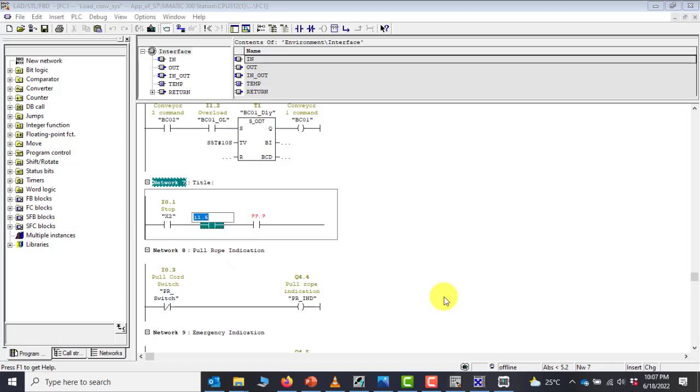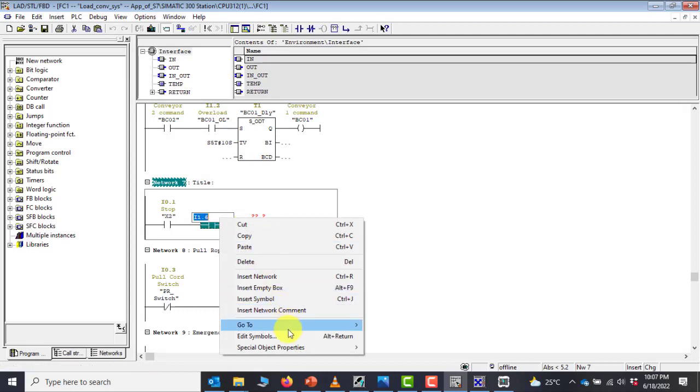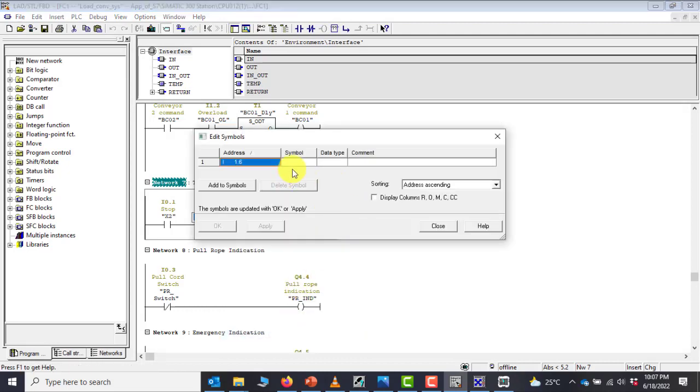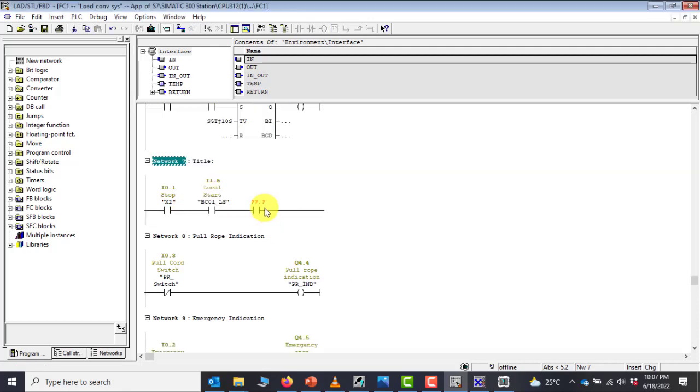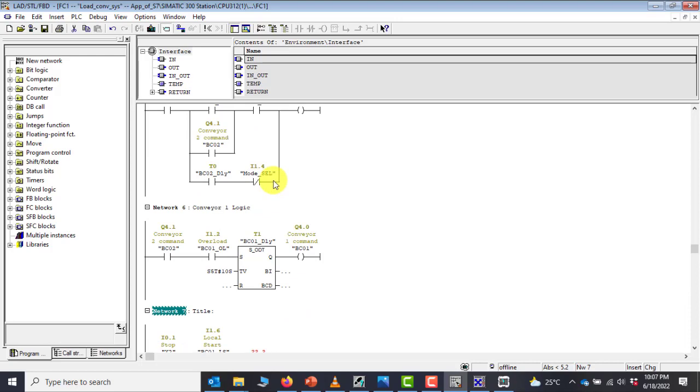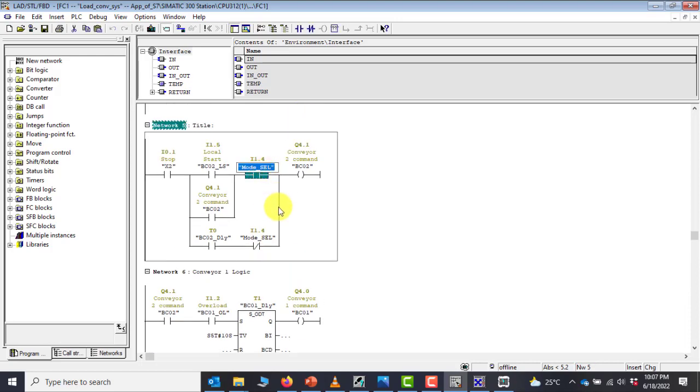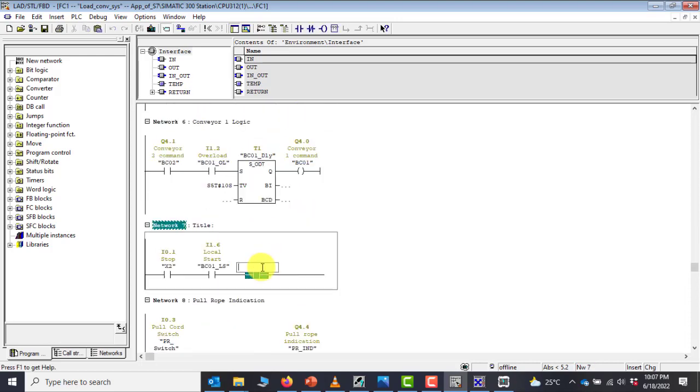I1.6 is available. BC01 underscore local start. Okay, and then my mode condition, the same mode condition here,